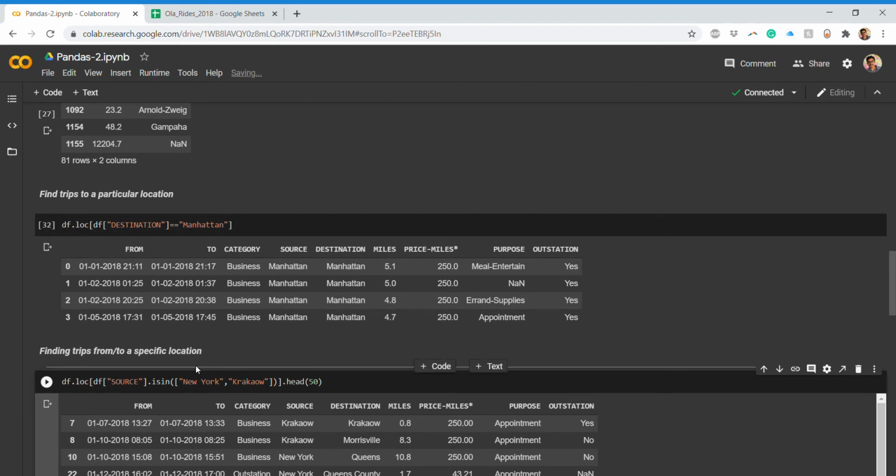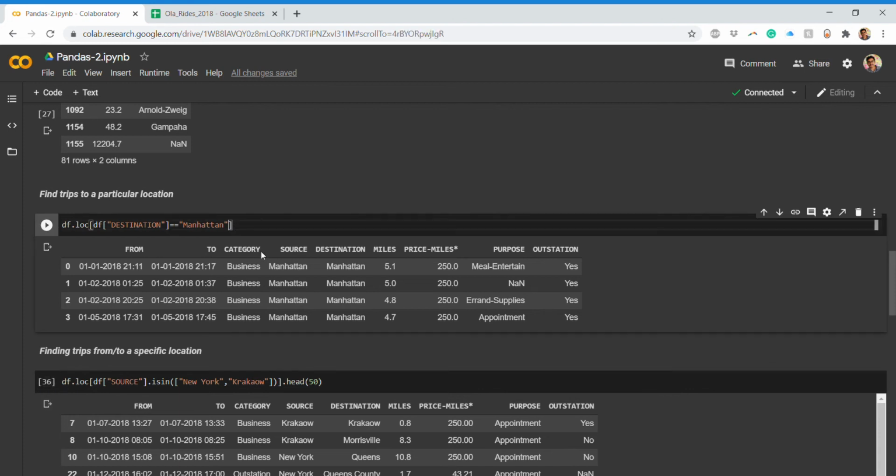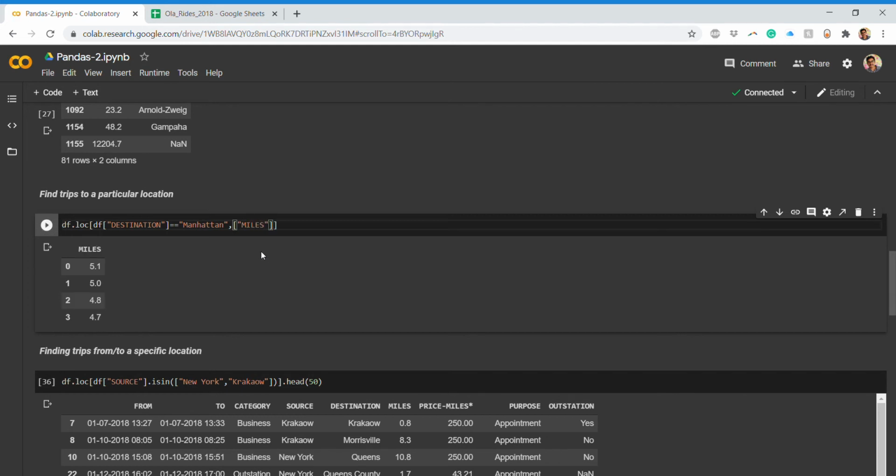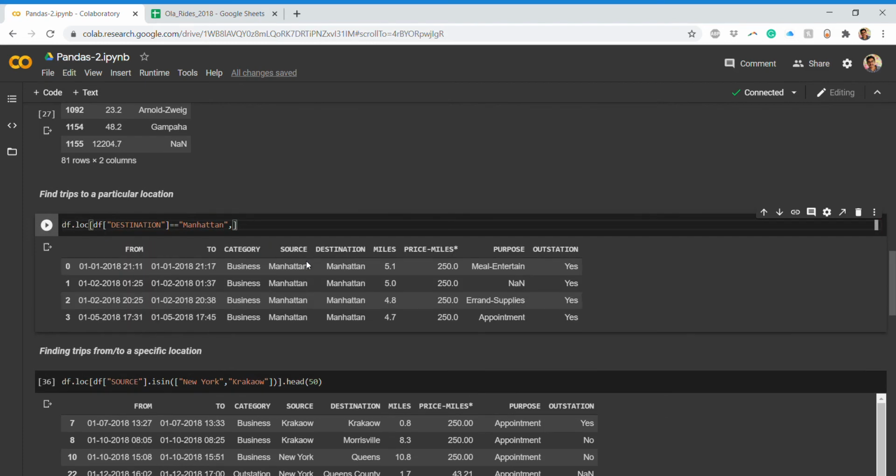So if you have two locations, you will give it this way. And mind you, if you want to project the result in a separate list, say I want only miles here, this is just miles satisfying this particular condition, else it will be different. So here I have to put one, yeah.